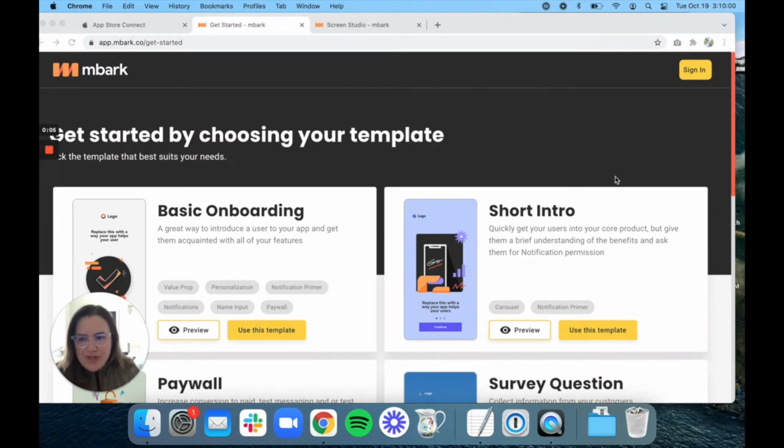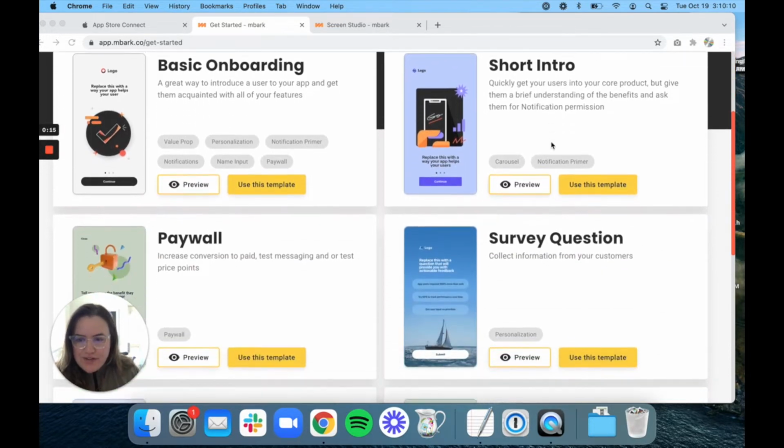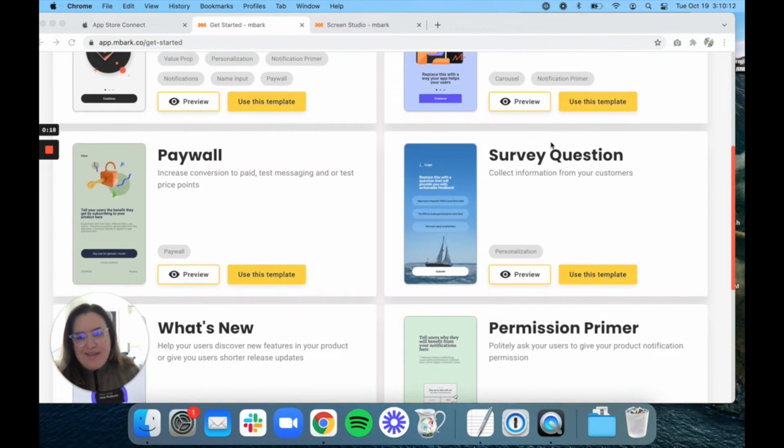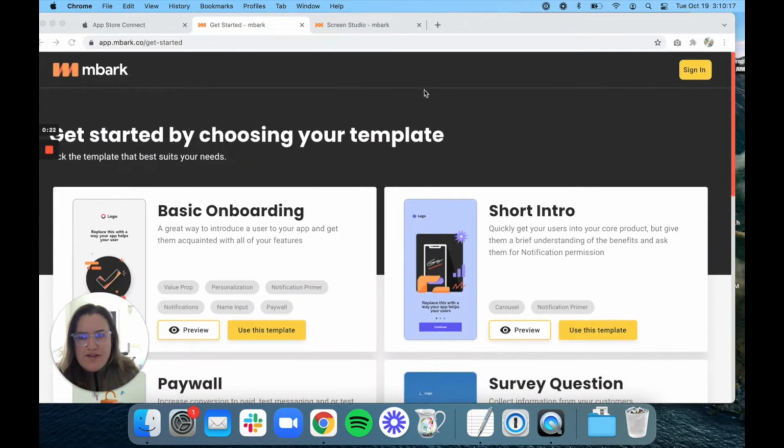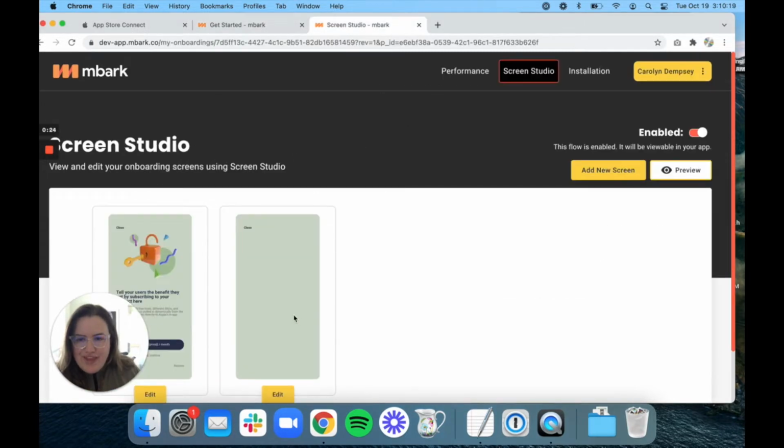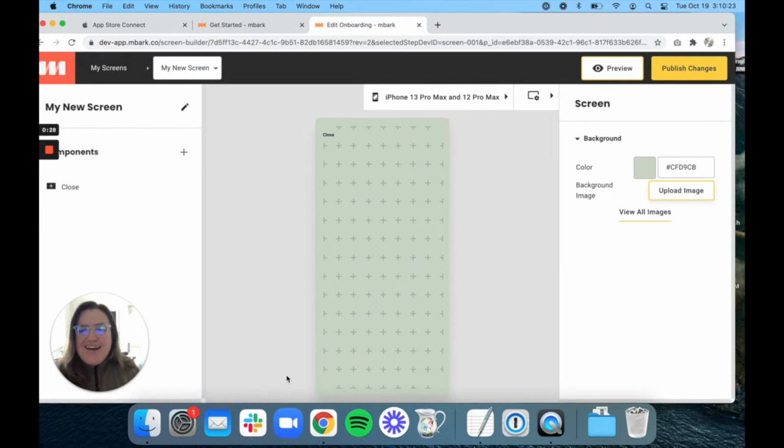a paywall screen. If you're looking for a more technical implementation guide, this is not the video for you. We'll leave a link down below for that. But if you're here to design a paywall screen, I got you covered. This is probably the easiest way to do it is to use one of our templates, which is on our Get Started screen. However, if you're feeling ambitious, or you're me and you build things from scratch, we'll go into